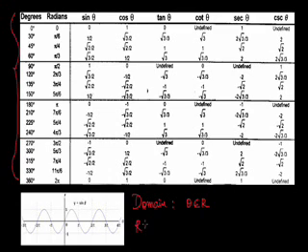Now let's talk about the range. When this function sine theta takes all the possible values in its domain, then the values which y can attain when theta belongs to R are referred to as the range. So when you plot these values, you will see the function goes like this. You can observe from here that when we move from 0 degree to 60 degree, in the first quadrant, the value of sine theta increases.